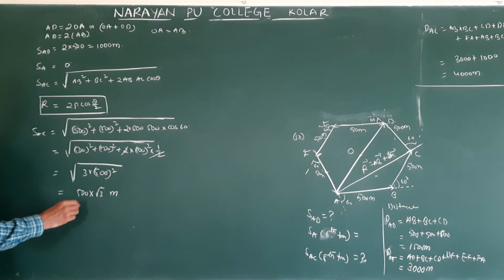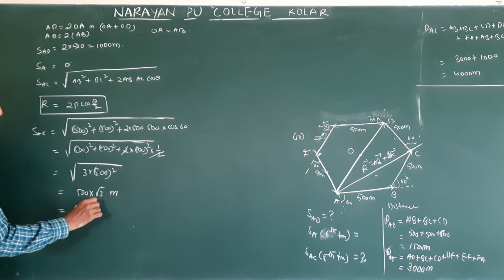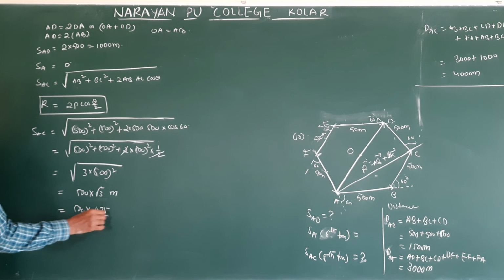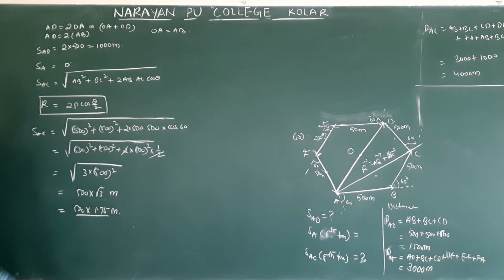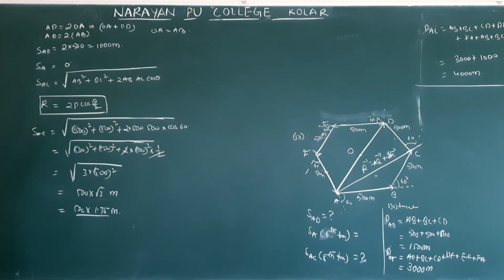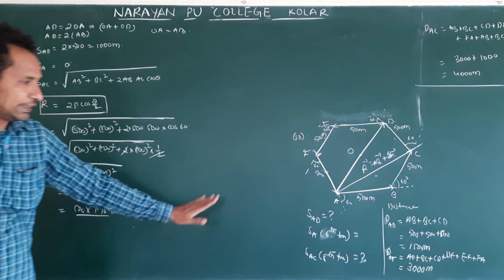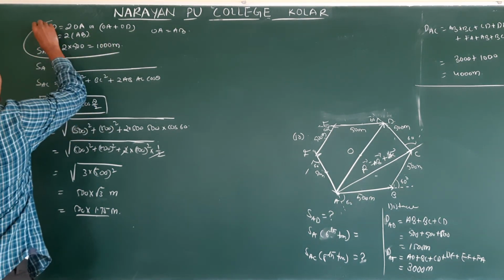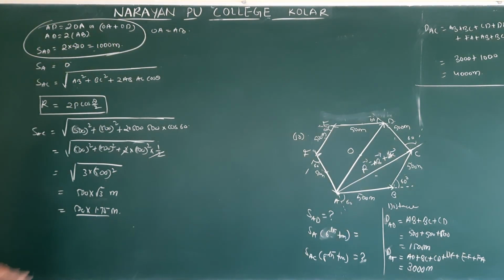Or if you want to calculate, 500 into root 3, the value of root 3 is approximately 1.73. Exactly not that, but approximately I am saying. Multiply and you will get the answer. In competitive exams we follow this method, but if they ask a 5 mark question in PU, we follow the full method. So now we calculated distance and displacement. I will explain this in the competitive exams. Till then you just write the solution. Clear? Make a note on this.